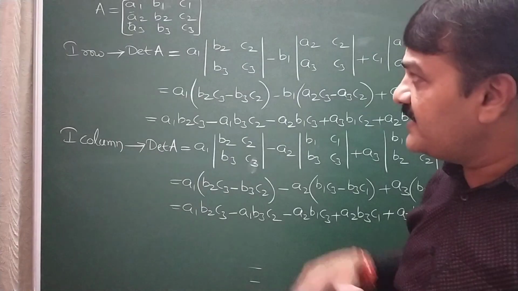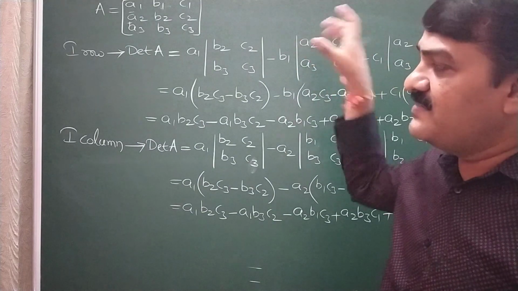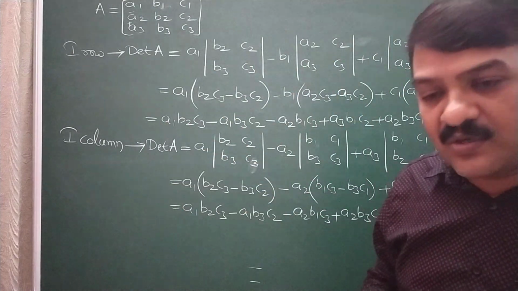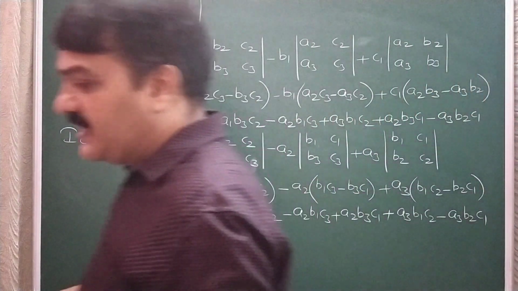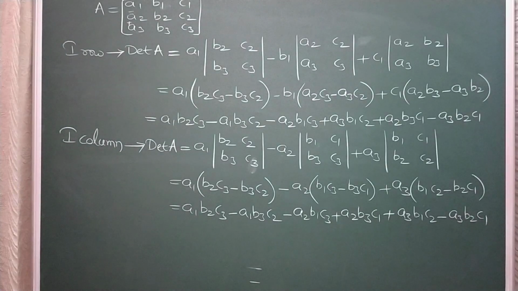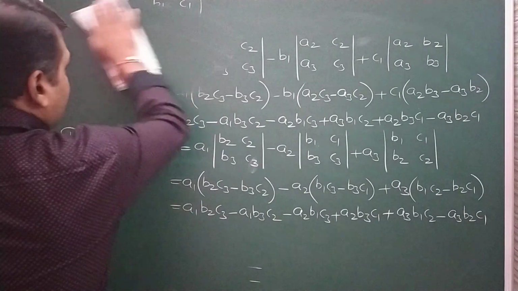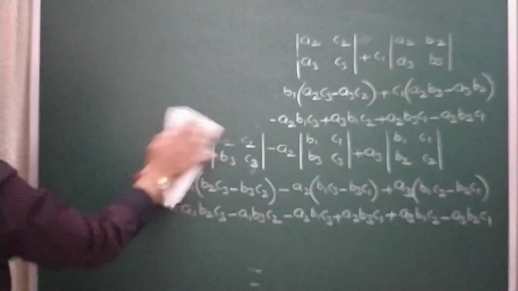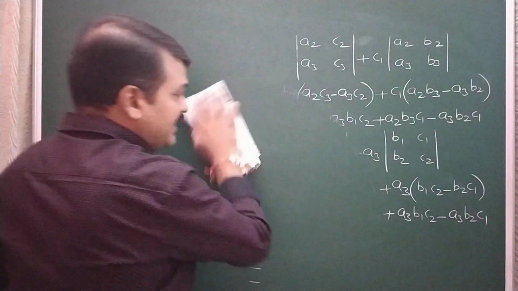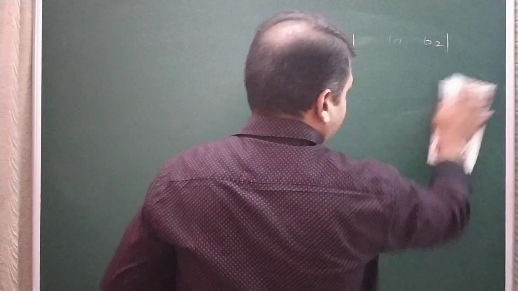So this is theoretically, taking A1, B1, C1, how we found the determinant. Now let us do an example by taking numerical values. I will take a simple example, just randomly.